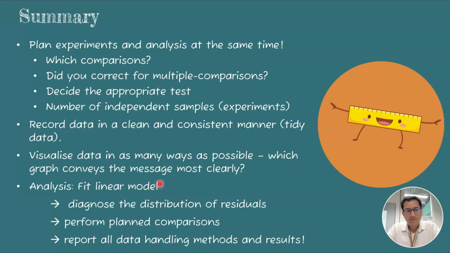So with that, I'm just going to come to the end and summarize what I've been talking about. I hope you've seen how data analysis and planning the experiment go hand in hand, because you can decide which comparisons and tests, and they talk to each other. You should decide how many independent samples to take, or how many repeat experiments to perform, based on power analysis. This is typically important for high resource experiments such as with mice or human donors.